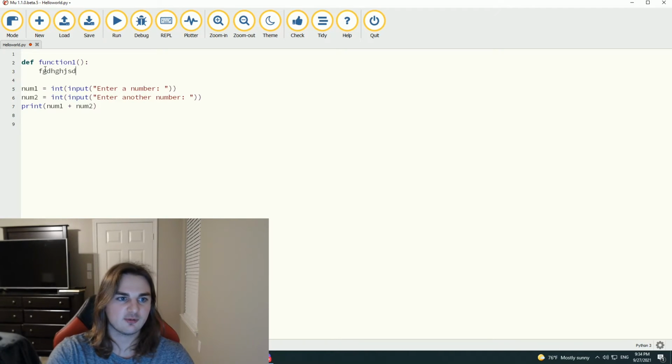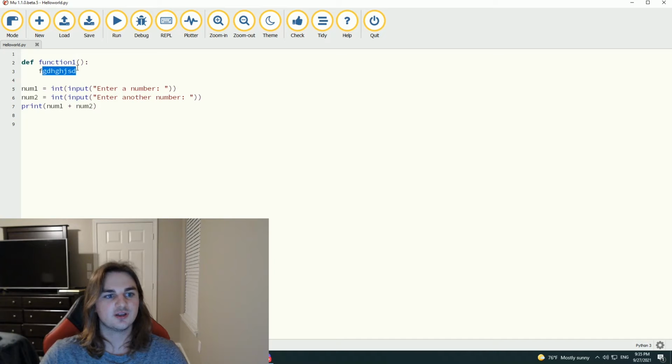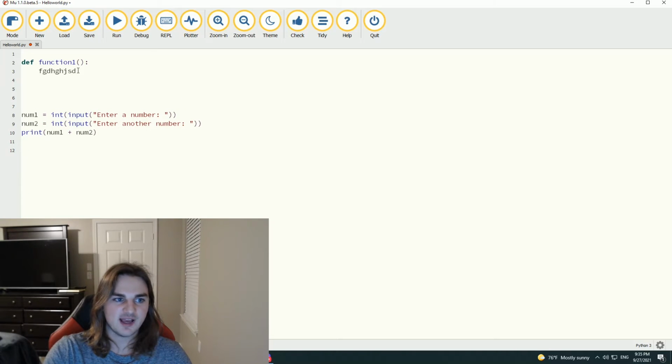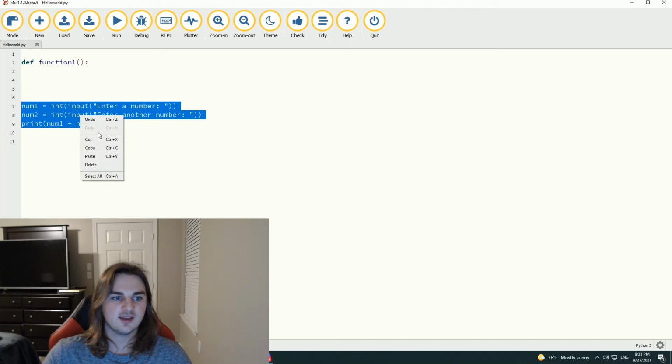So anything I write in here is a part of this function. This is instructions for what this function is going to do. But we don't always want to be in that function, so that's why we can just backspace out. Anything that's not in a tab, we're right back out. But let's put all of this code into our function